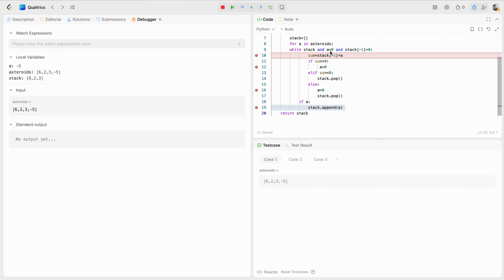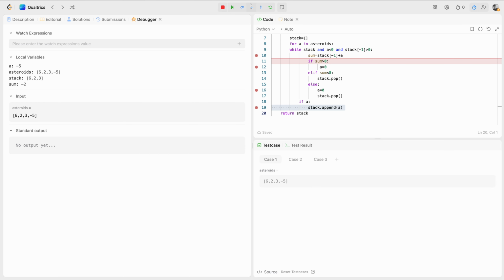That is -5 is less than 0, and it's going to add -5 and 3 over here, and it's going to be -2. -2 means the asteroid is going to take place, that is it's going to destroy 3, and -5 is going to sit in the place of 3. It's going to pop the stack. Now 3 got done, and